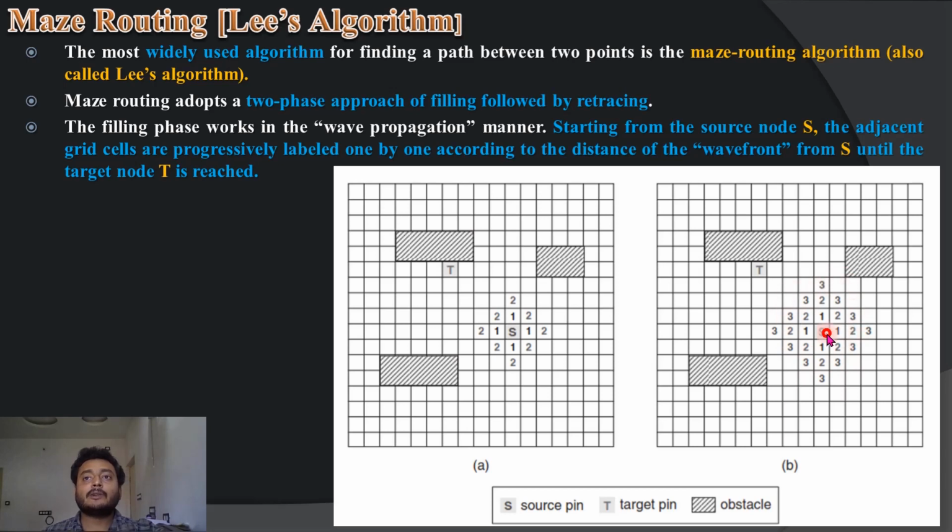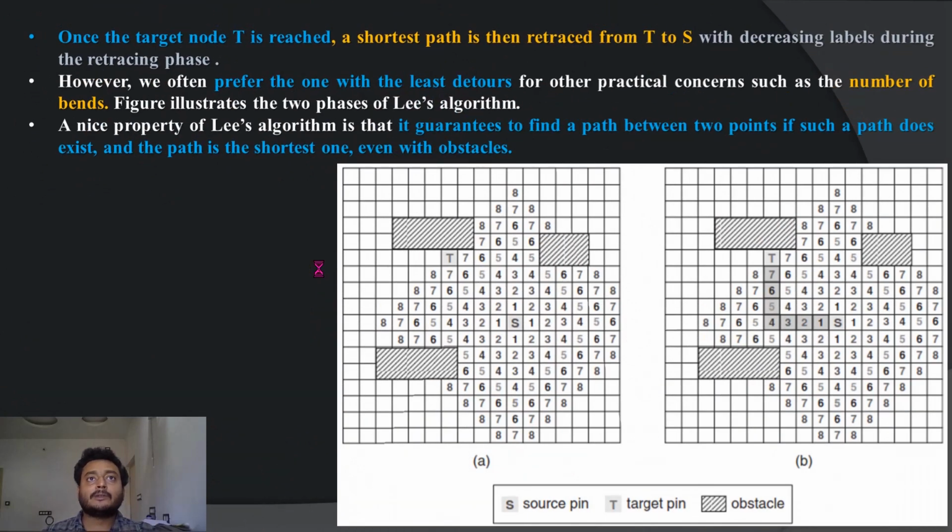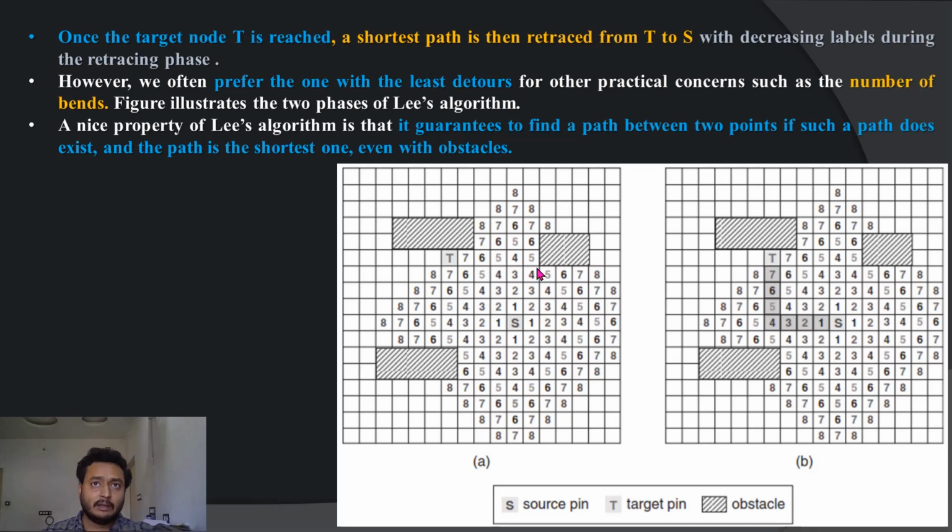Okay, so this is my source. So I will try to make this one in similar fashion. You will try to go and repeat the process like this. So you can see the example here, the same is repeatedly done in a process. We ended with 3 and made something like, for this 3 4 4 4, for this 4 5 5 5, for this 5 6 6 6, something like that. So until you reach something like T, it's going to perform this numbering and finding the points. Okay, like this. And once you find this point, it will try to find out the least path, the shortest path from S to T.